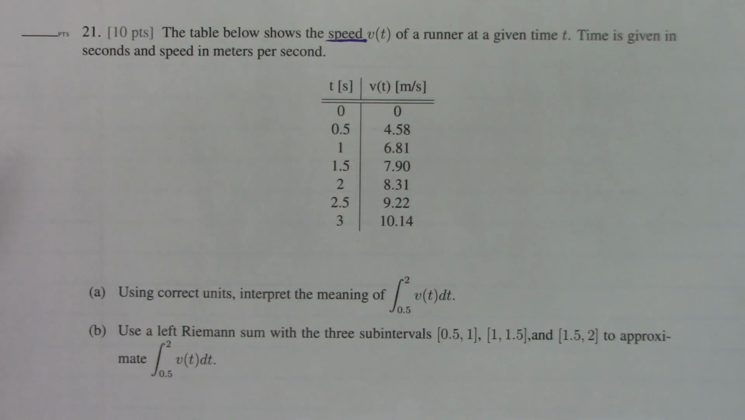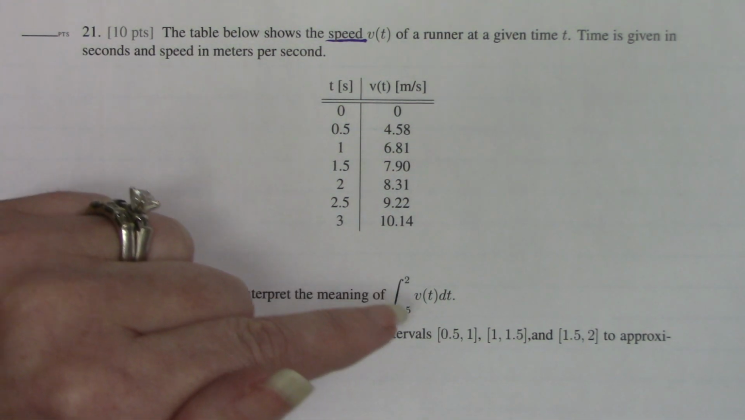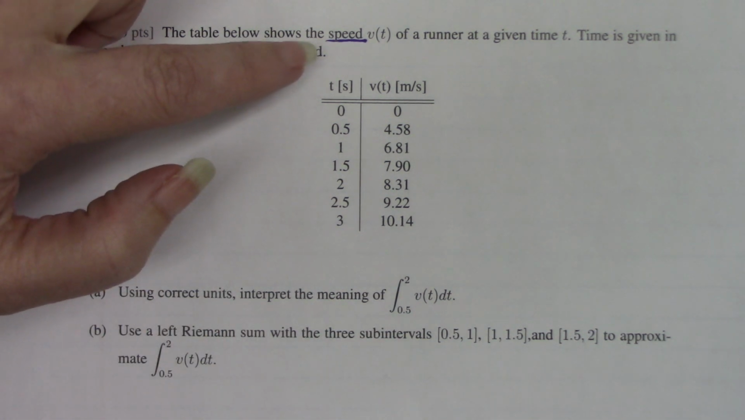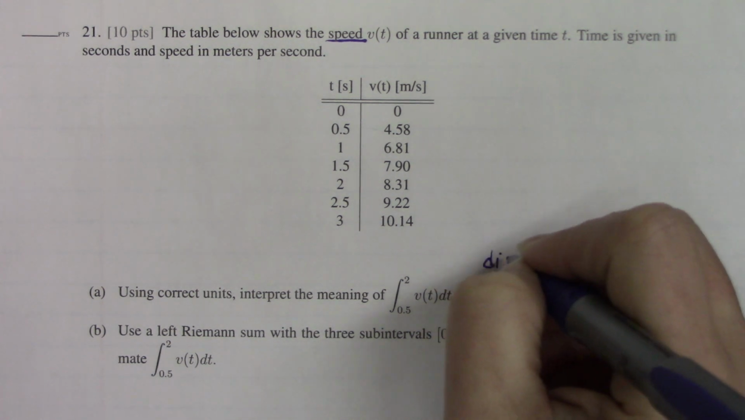And the first question says, using correct units, interpret the meaning of the integral from 0.5 to 2 of v of t. This is very important. If you integrate speed, you're getting the analogous version of position. For example, with velocity, if you integrate, you get what's called displacement, which is a signed distance, meaning you're getting the length plus the direction that you were displaced, either right or left, up or down, depending on how your direction is laid out. But for speed, when we integrate that, we're getting distance. So this is the distance,